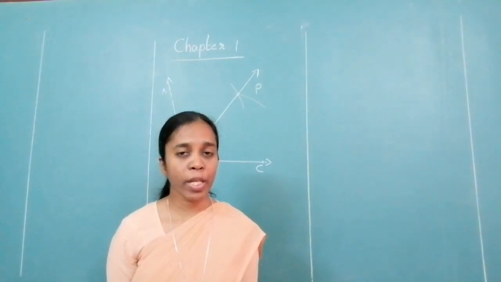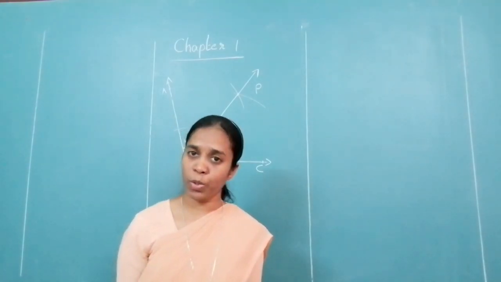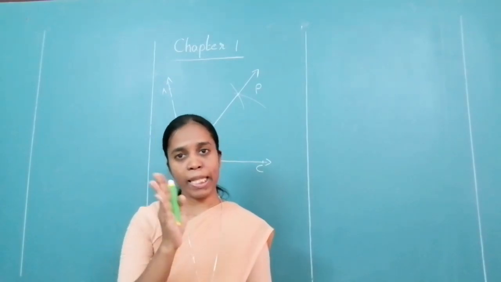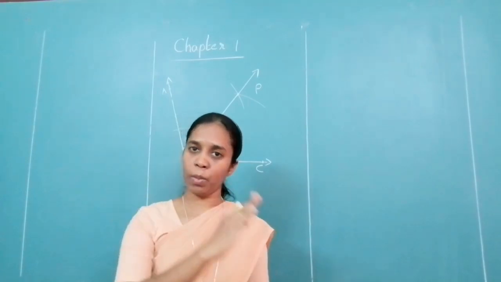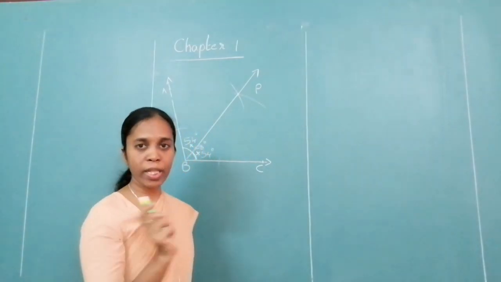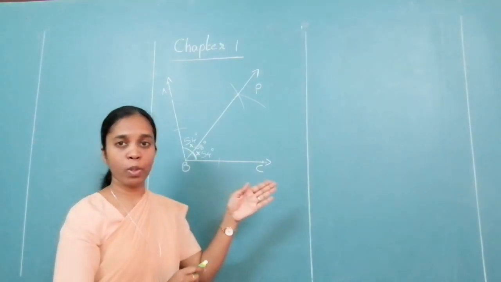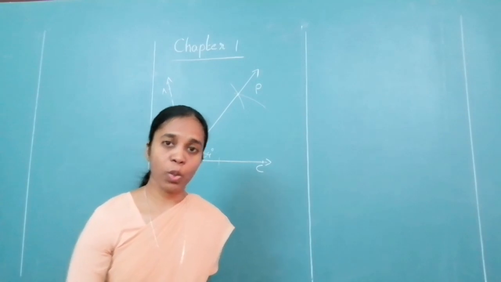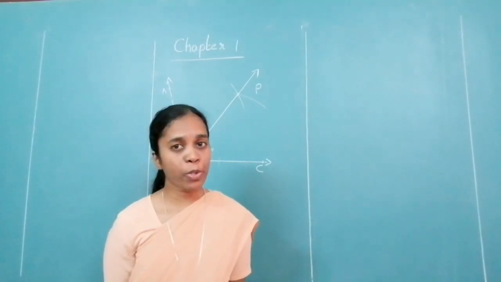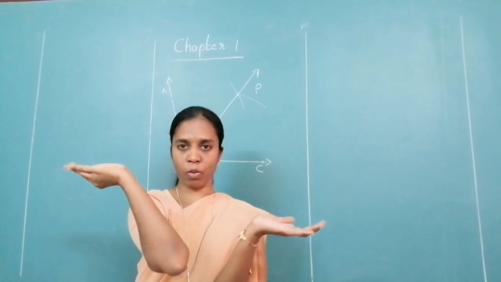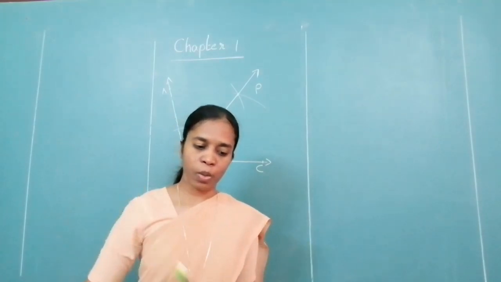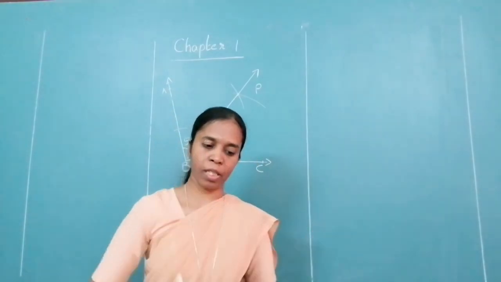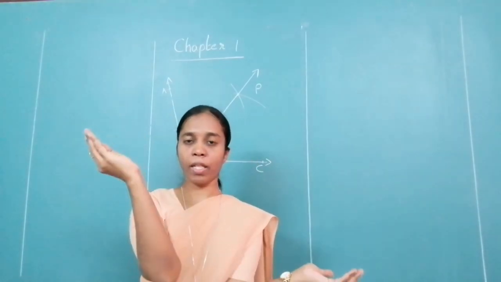You know what an acute angle, what a right angle and what an obtuse angle is, isn't it? Right angle is 90 degrees. Acute is less than 90, obtuse is more than 90. So by looking at the angle, you should be able to tell whether it is acute, obtuse or right. Look at the measures given to you, 105. It will be an obtuse angle, so it will be stretched out. Then you have 55. It is an acute angle, so it will be small, less than 90 degrees. Then you have 90 degrees. It will be a right angle, straight.